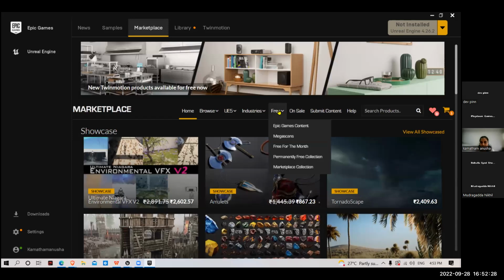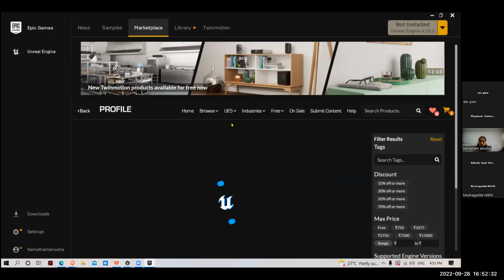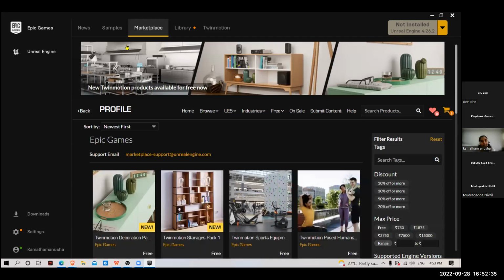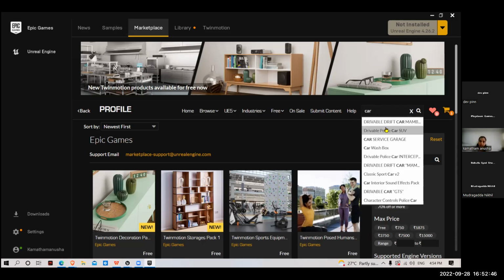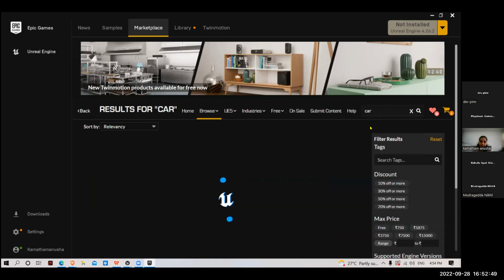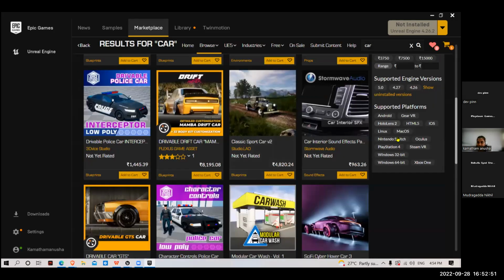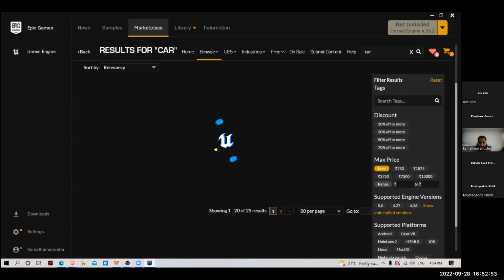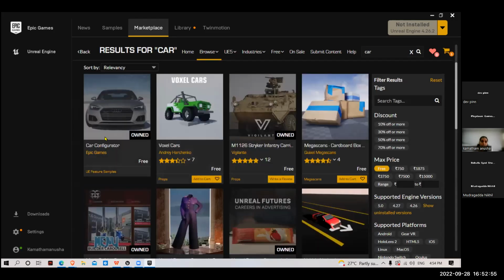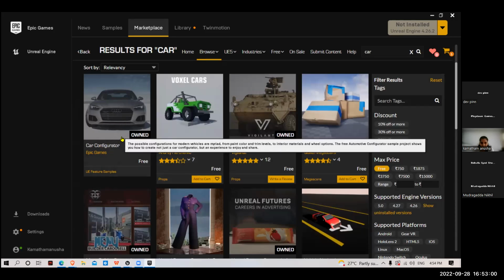Here we have free assets. You can search for Epic Games. And one more thing before going to all the things, I want you to install. Go here. Okay, search for car. And click here free max price. Okay. Here you can see we have a car configurator. Okay. Click on this